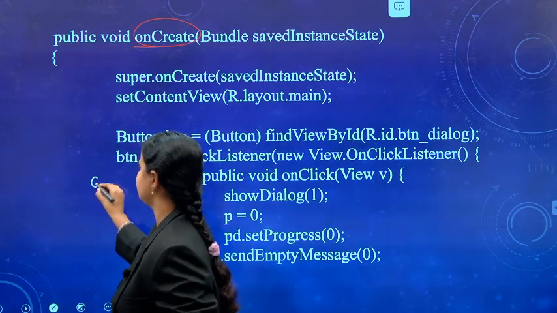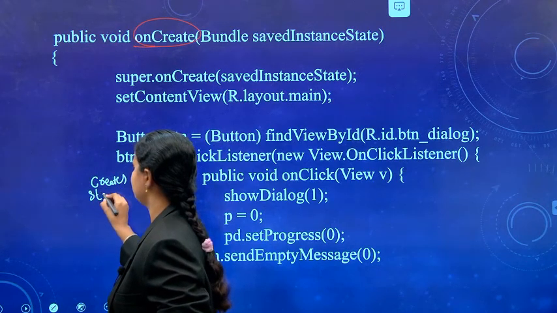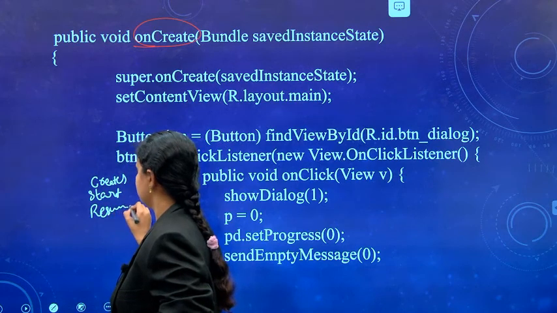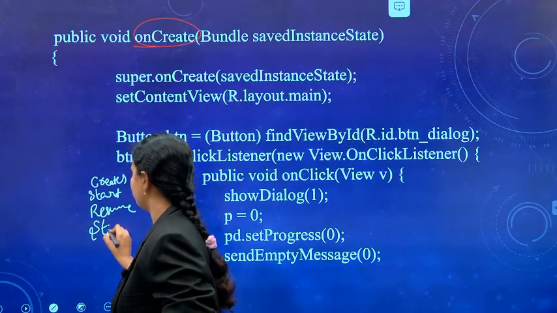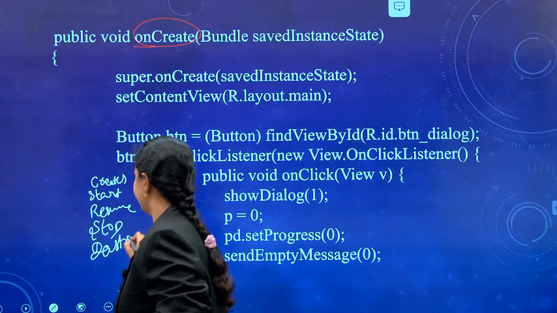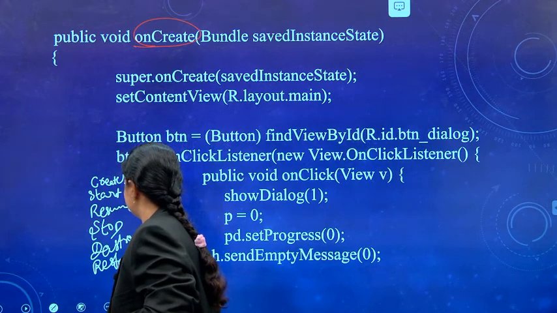onCreate, create is one of the methods, start is one of the methods, resume is one of the methods, and next one is stop, destroy, restart and pause.